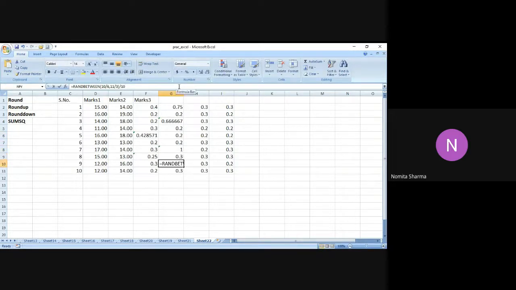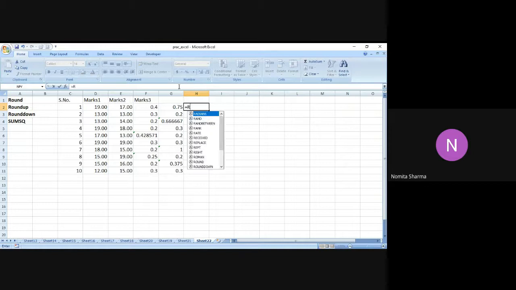I could have easily written it in a separate cell, and let me work with these numbers initially. I will simply delete them. Now I'm going to use the round function. I say ROUND, I will select F2.